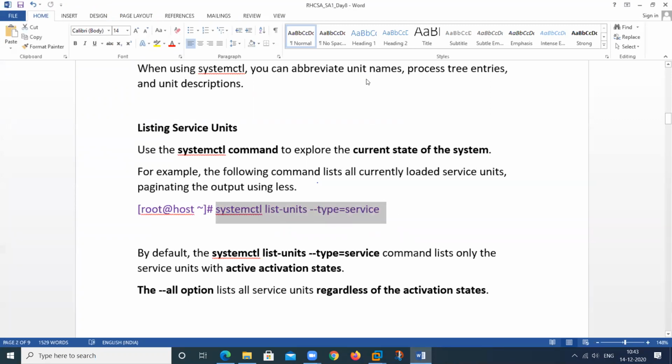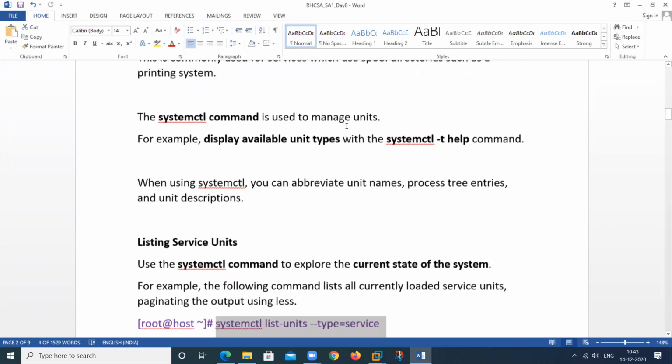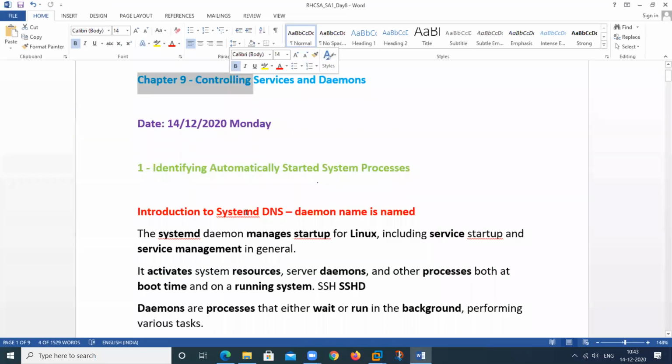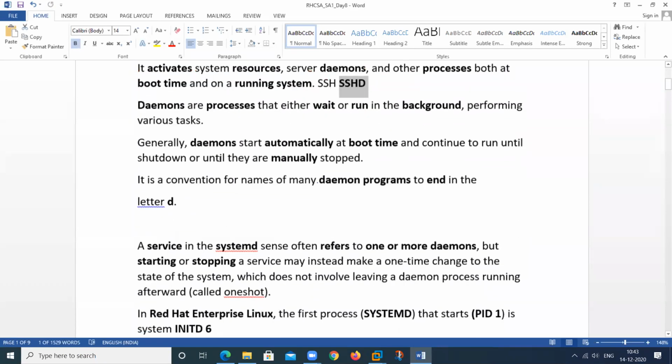So, Vijay, what we have discussed in this, I will recall. I started this chapter from this particular point. This is my chapter 9, and in this I have discussed the systemd process. What is systemd? Every system has a daemon, and this is the name of the daemon. It's the name of the program. So we can start, stop, resume, pause all the services by using this particular daemon name, which I have discussed,